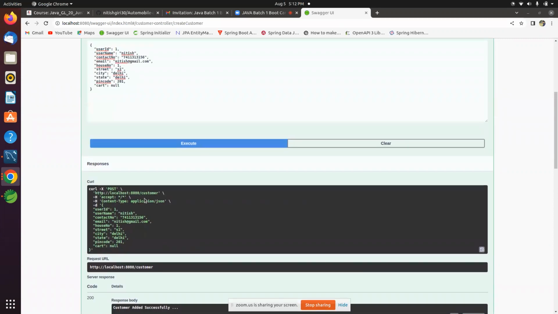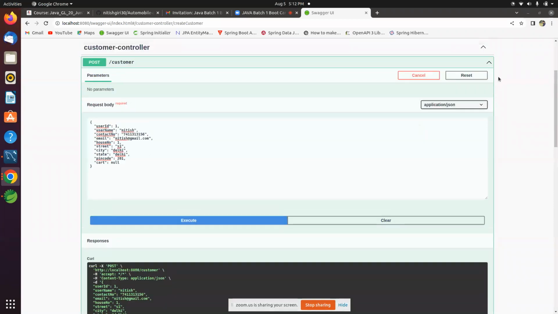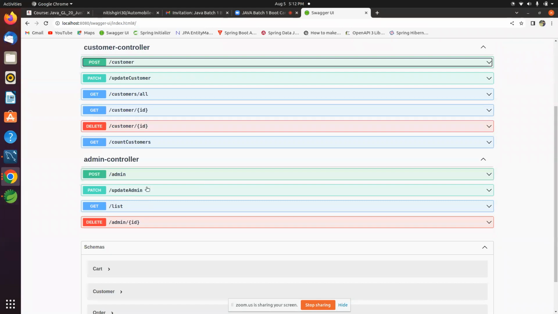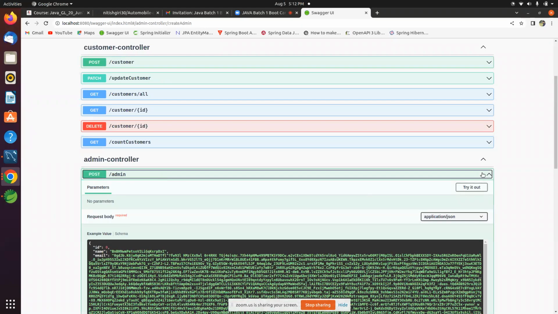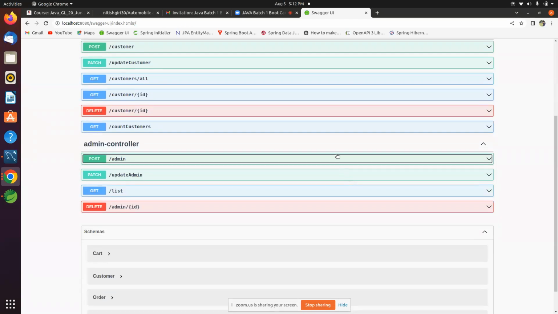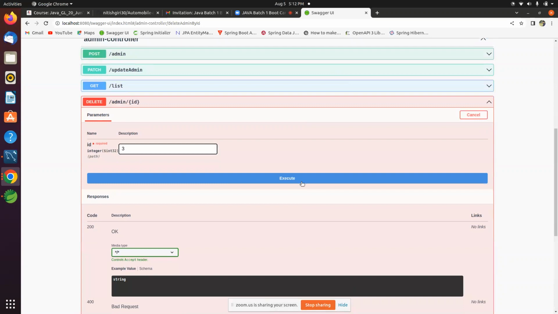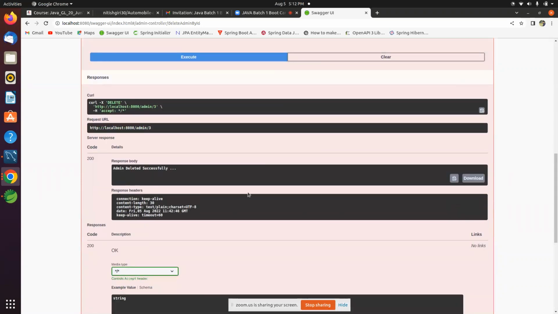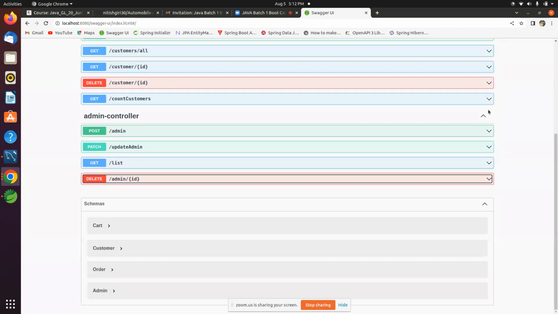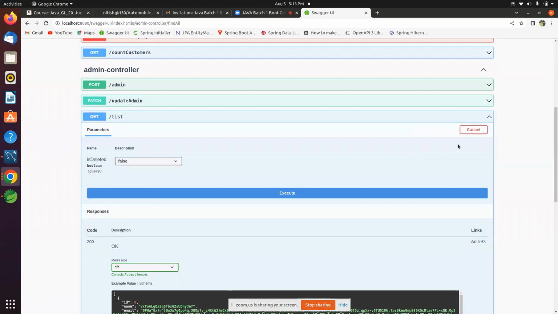Sir, one thing I want to show you: yesterday you were talking about the soft delete process. We have to implement soft delete and prevent the hard delete. So in the admin module, I have already added 5 customers in our database, and I deleted two. Right now I'm deleting the third one also. So now the third one is deleted, and only 2 are non-deleted data. Now I want to check the deleted as well as the non-deleted data.